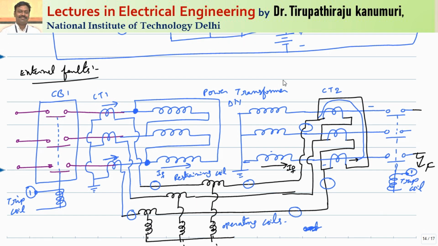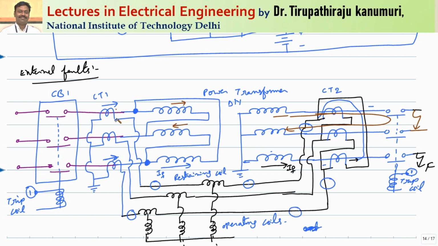Before proceeding further, let me check here also, because you may get a doubt. Let me take one case. Let us assume some phase fault has happened on the external side, that means between these two phases. In that case, what happens? The circulating current will pass between these two phases. You can see the circulating currents will pass through this phase as well as this phase. So it will pass like this. The same thing is applied here. This phase it will be like this, this phase it will be like this.